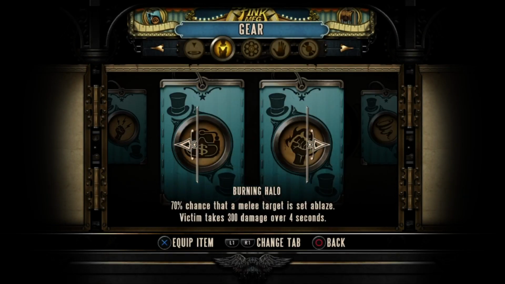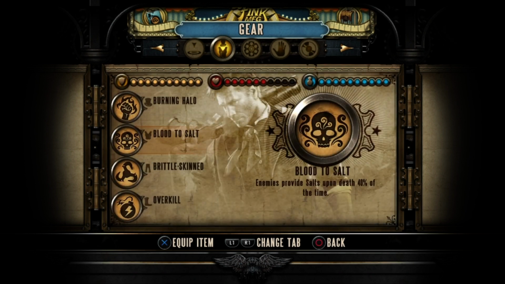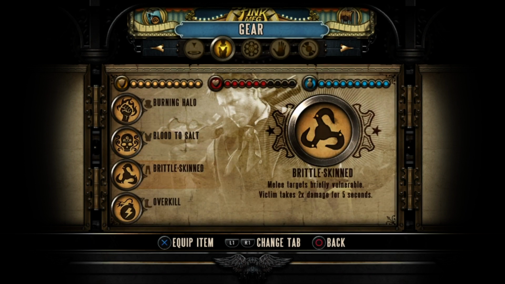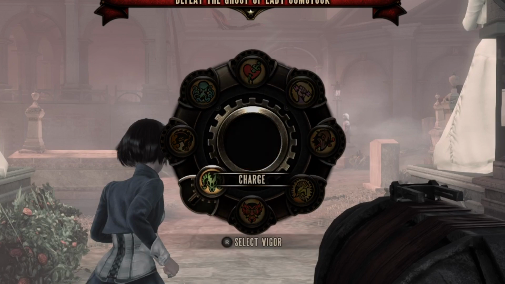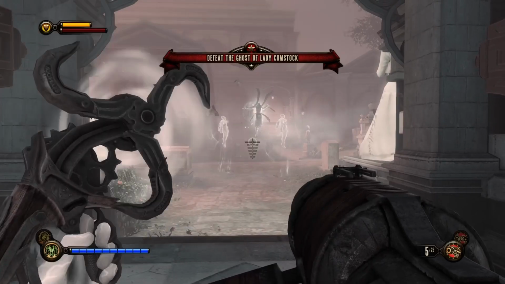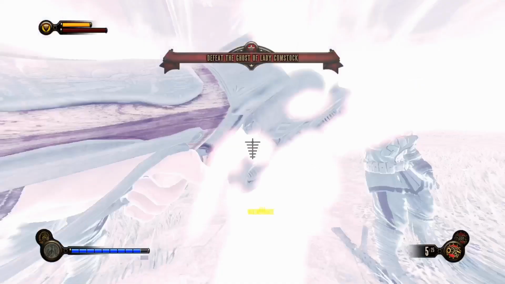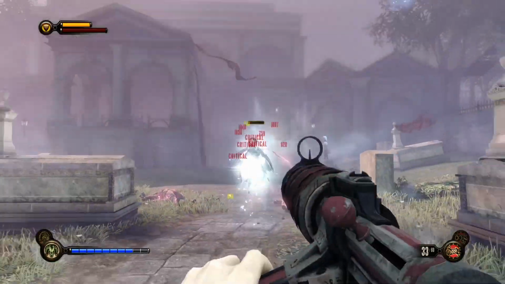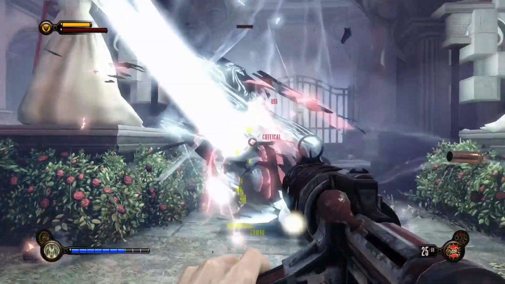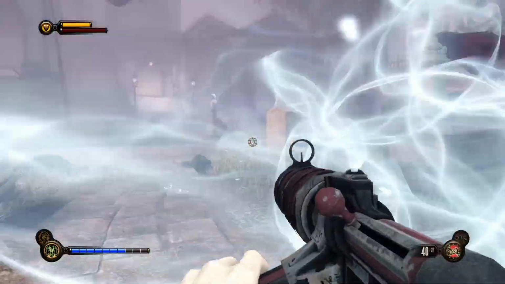So what you want is either electric punch or preferably burning halo. We want blood to salt and brittle skinned as the pants. That's really good, that doubles the damage for melee attacks after meleeing someone. And then overkill, and all you do is you get charge, and we have the charge assist as part of that. Charge up, and then when her health bar appears, that's when she's vulnerable, and then smash into her, shoot the hailfire, 5 shots of the hailfire, and then whatever else strong close range weapon you've got,